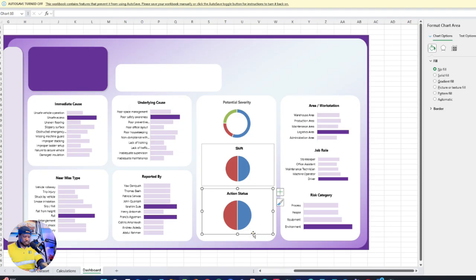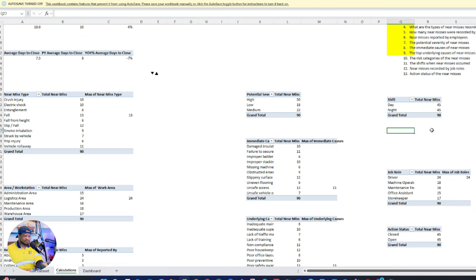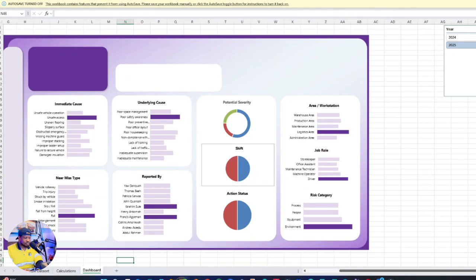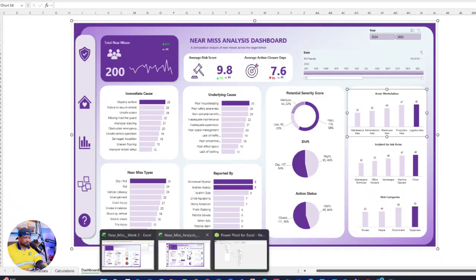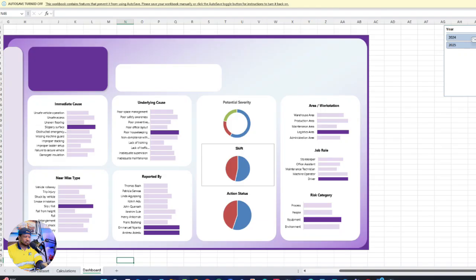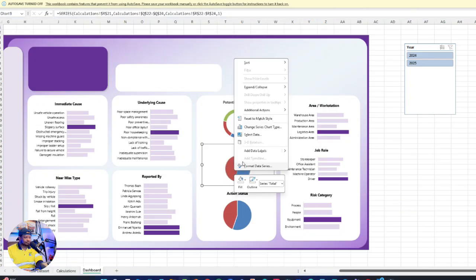Okay, and this one we will just change the color. So basically they're not supposed to be equal. Day and night shift 45, that's what it is. Okay, that's fine. And total actions open and close 90, they're all the same. Okay, all right. When we actually make it bigger, we clear the filter, everything now probably shows, so that's fine. Control C, Control V,